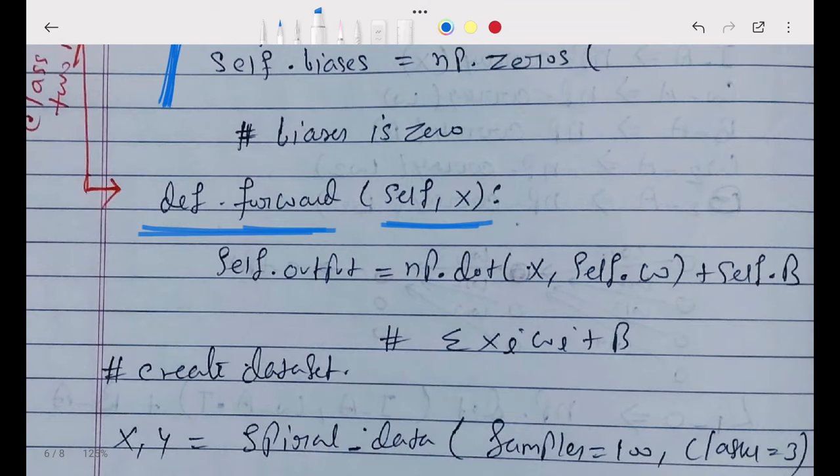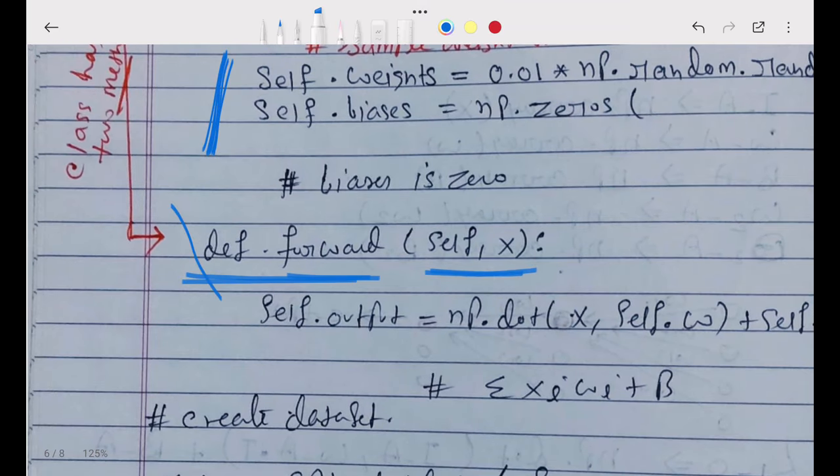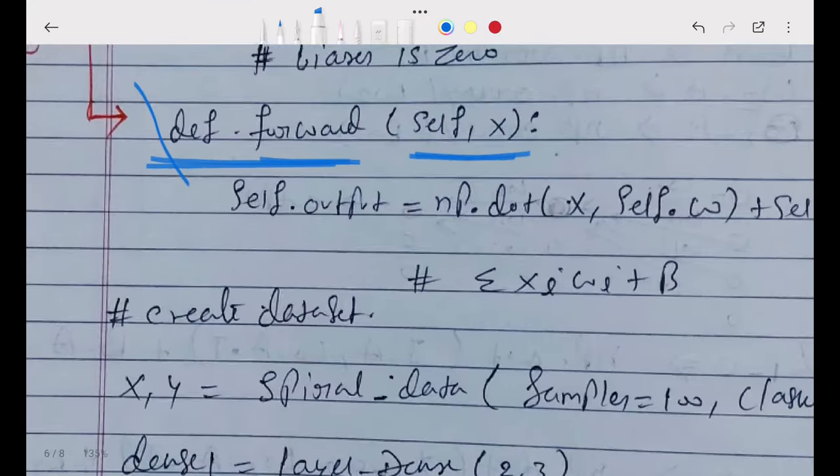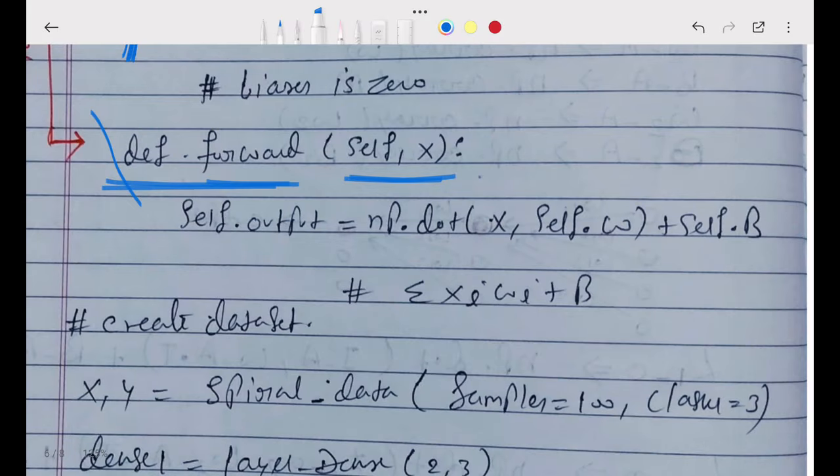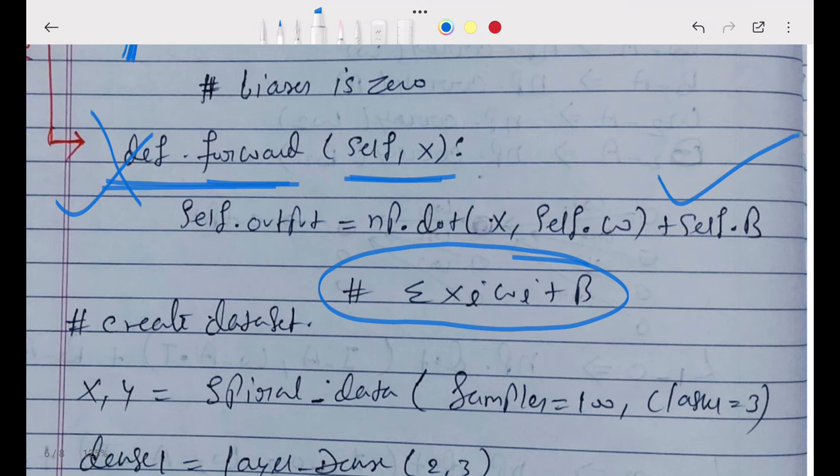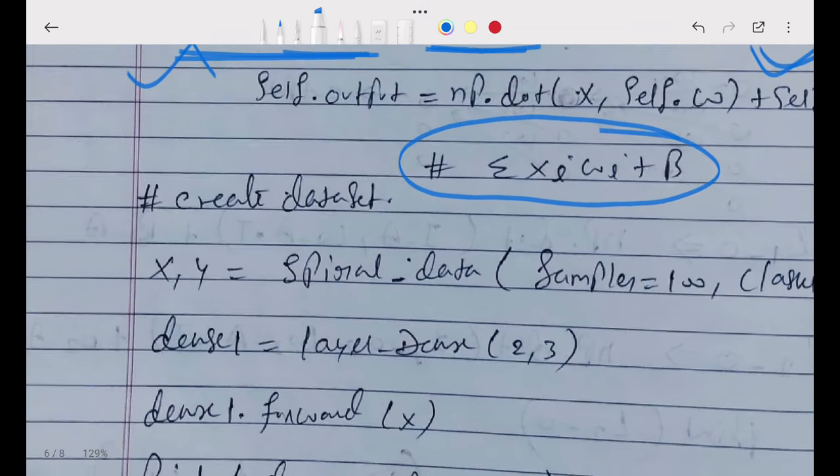So self.output is equal to np.dot(x, self.w) plus self.b. The meaning of this is the forward pass. Forward means sigma xi wi plus b, and this is how to write it in a class.